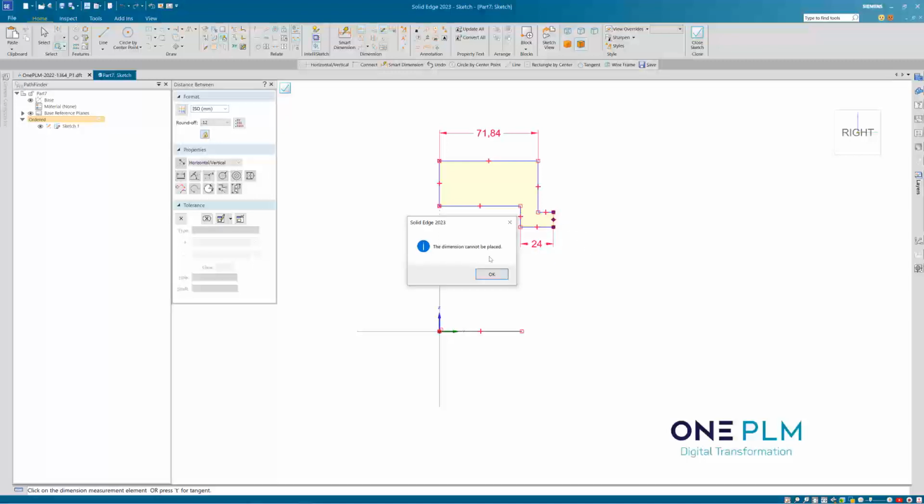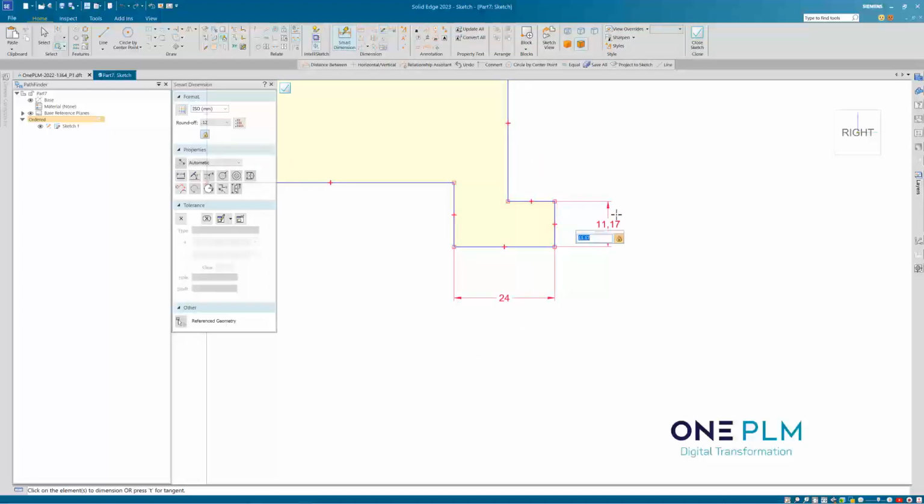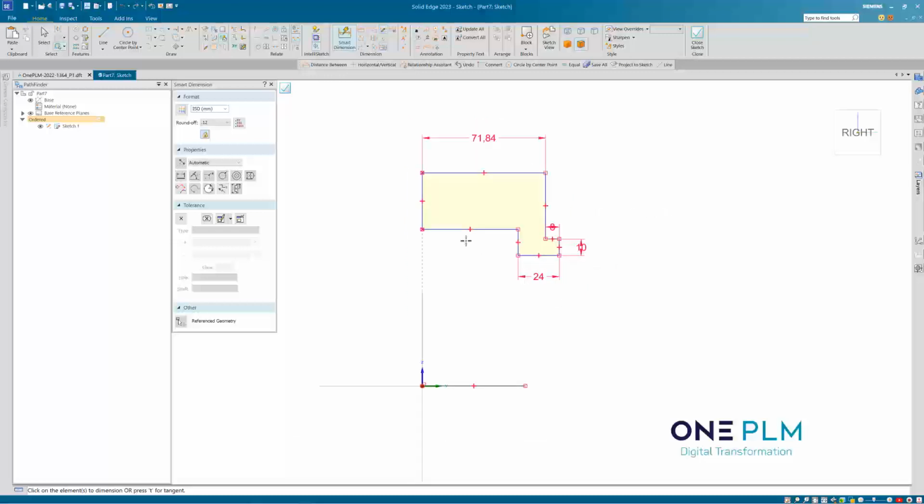This end, if you're just doing a single line, you'll need to use Smart Dimension. This end, we'll have that as 10. This little notch on here, we'll have that as 8 on that. And then size-wise,